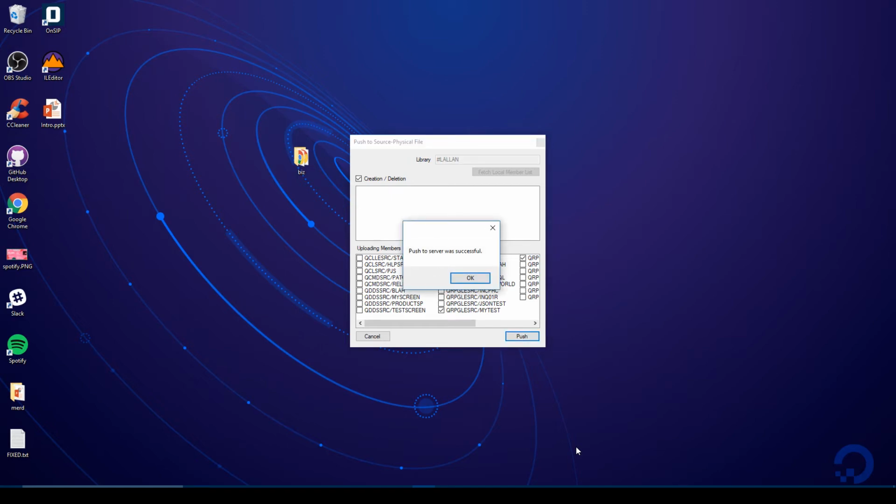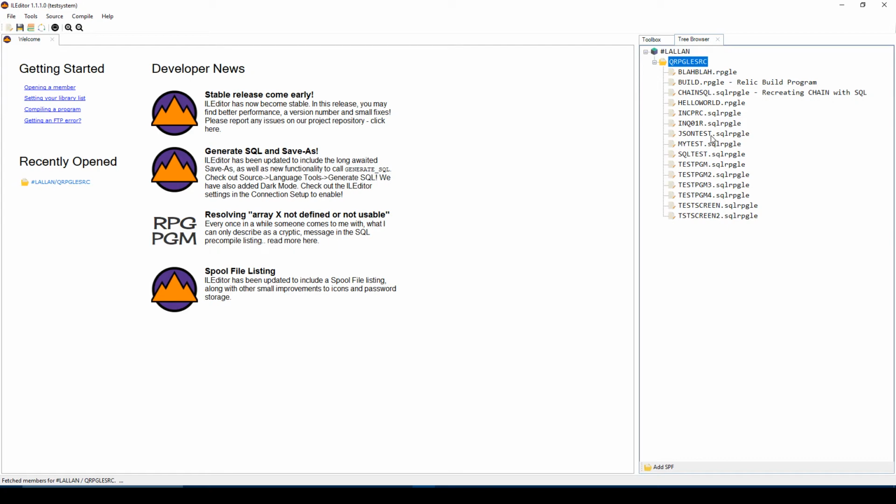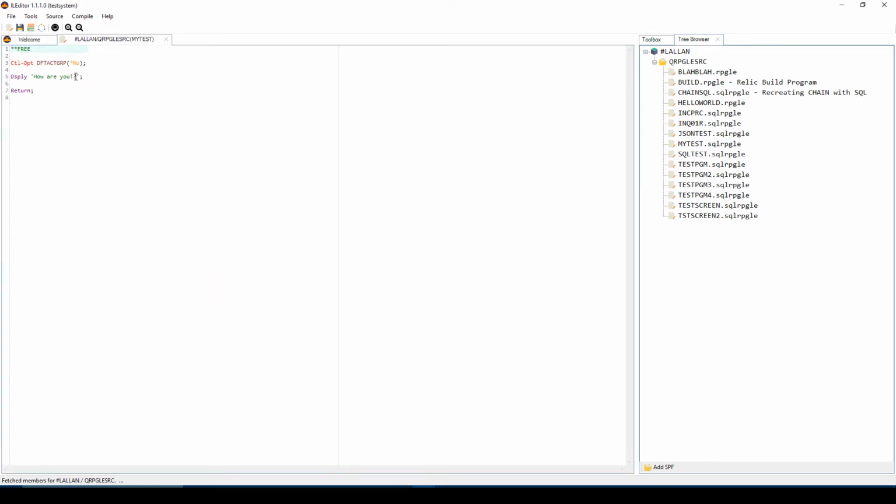Okay, so the push was successful. So now if we go down to the tree browser, #lallen qrpgle source, and look at, which one do we look at? I think we looked at my test SQL, and now our change is in there as we'd expect,